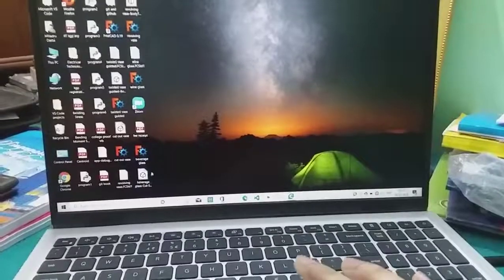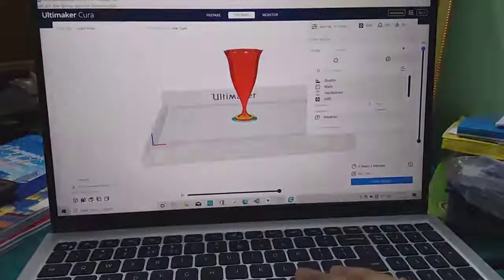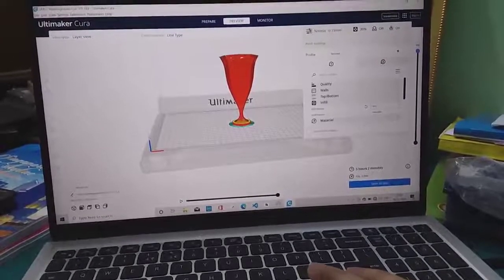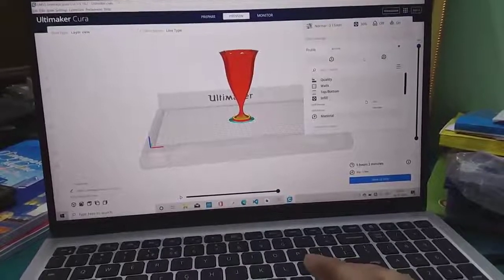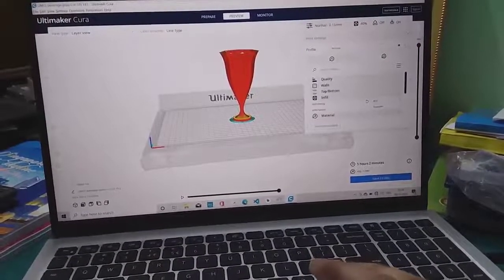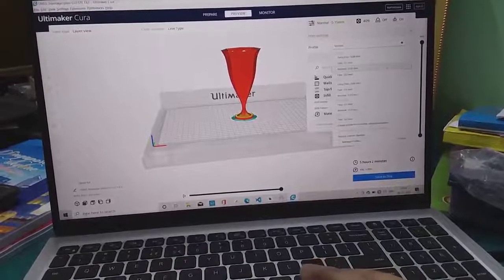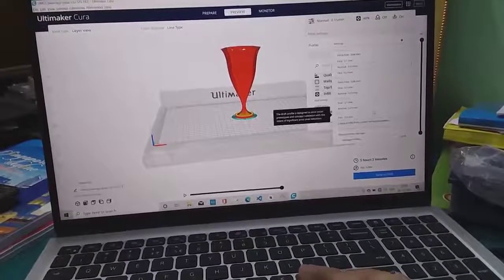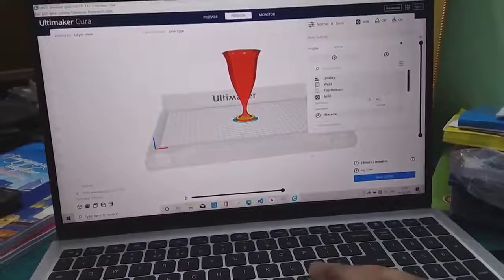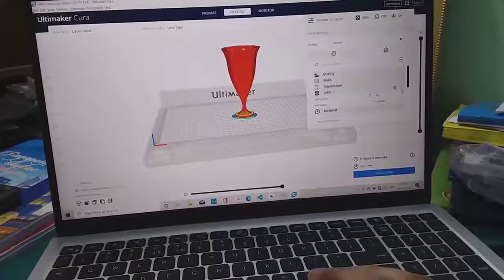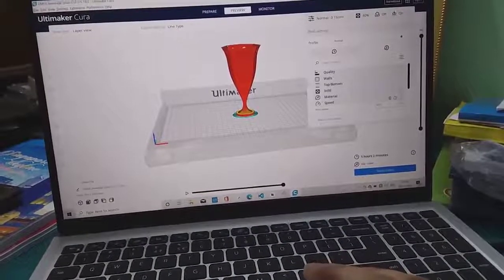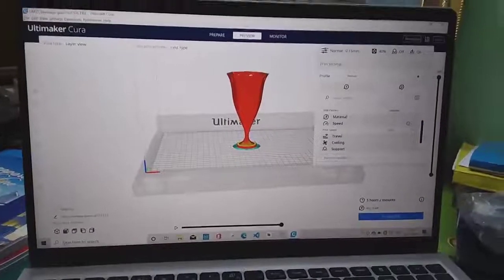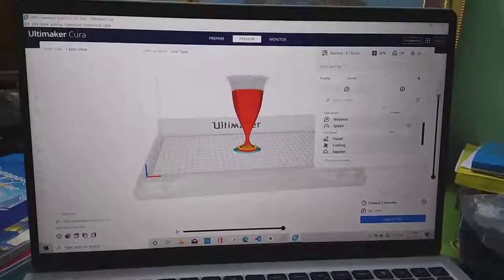I can open it with the Cura software here, and I have set the parameters accordingly. We can see that it takes 5 hours 2 minutes to print this, and the conditions I have set are fine, 0.1 millimeter, and infill density is 40%. As we can see, the speed is 70 millimeter per second, and it will take a total of 5 hours 2 minutes to do this, and we can see it part by part happening like this